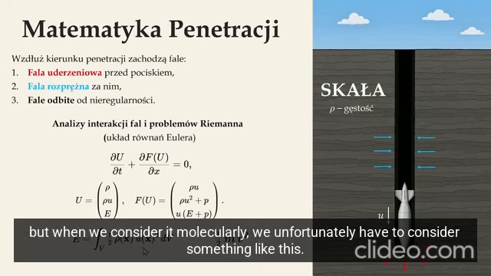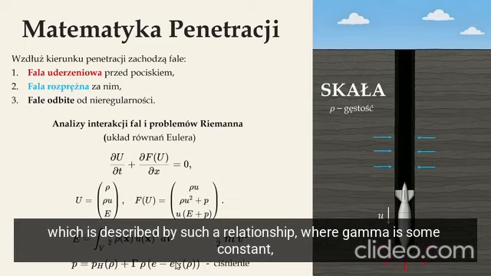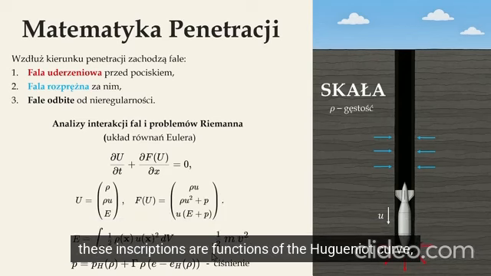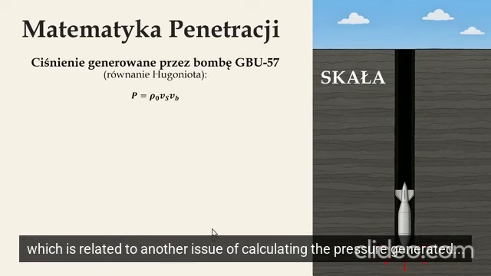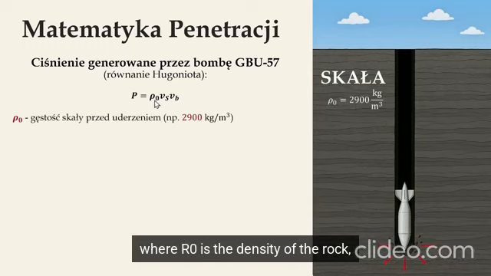For such holistic objects like a bomb, it can be generalized to such a simple case. But when we consider it molecularly, we unfortunately have to consider something like this. For example, such an innocent letter P in all of this means pressure, which is described by such a relationship, where gamma is some constant. These functions are related to the Huygens curve, which is related to another issue of calculating the pressure generated by the bomb. They can be described by such a simplified Huygens equation of this form, where R0 is the density